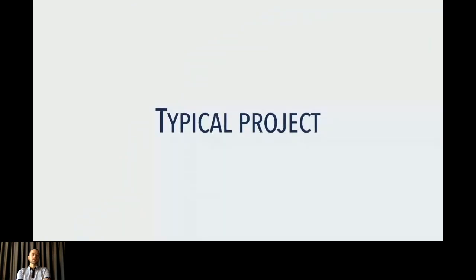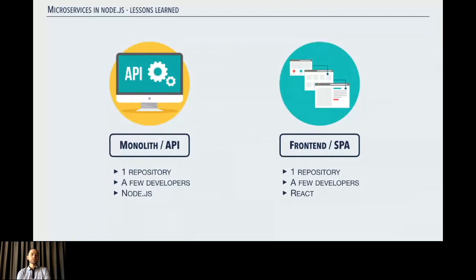So during my career, I've seen many projects, and typically most of them had quite typical, quite generic structure. By typical, I mean applications which are divided into two parts. One part which is our backend, our API, and the second part which is front-end, usually a single-page application. And in that approach, usually every app sits in its own repository. There are some developers developing it, knowing that particular technology. We can use Node.js on the backend, React or Angular on the frontend, but